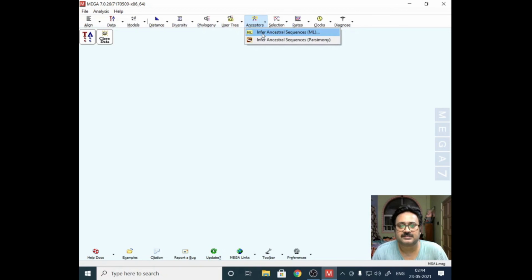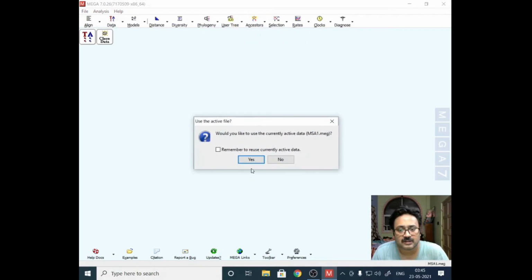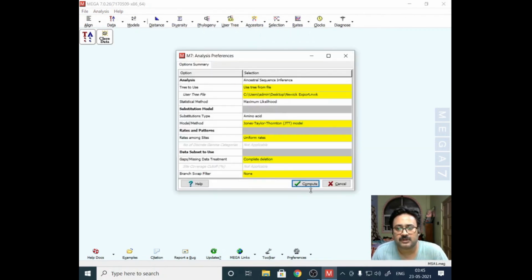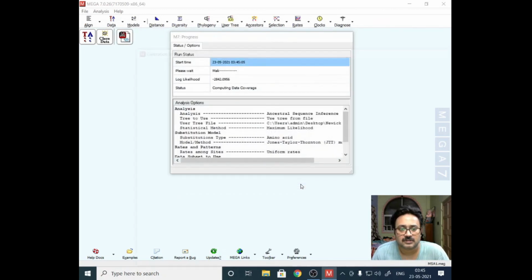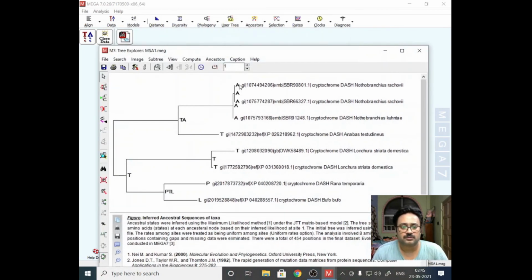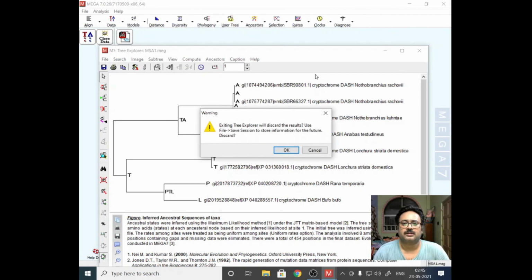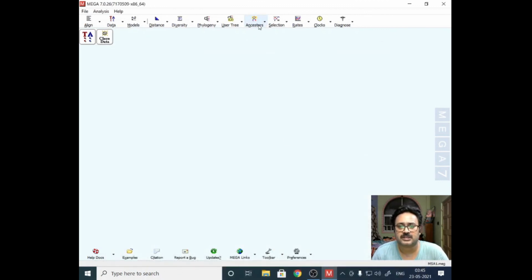And next is infer ancestral sequences. When you have the maximum likelihood, from that you can find out the ancestral sequences. We had already shown this. This is how the ancestral one looks. Okay, so this is done. These are the ancestors. This can be done only for ML, maximum likelihood, and parsimony.